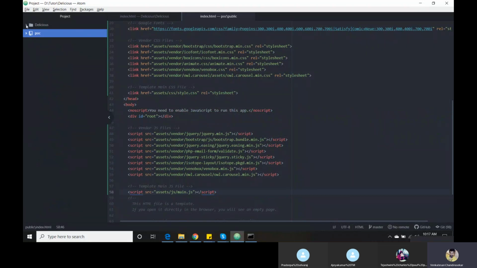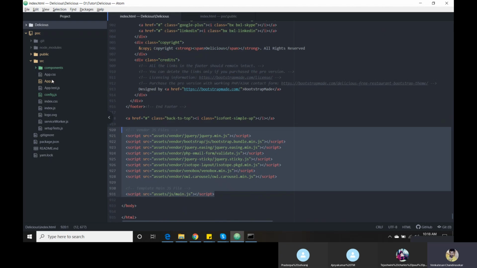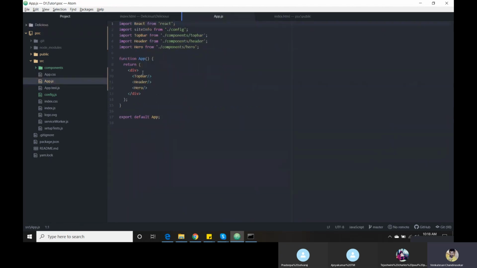This is our Bootstrap template. This is given by our front-end developer, sorry, HTML developer. This is by our React JS developer, in the sense, our work. Now, as I said earlier, I am going to delete everything.